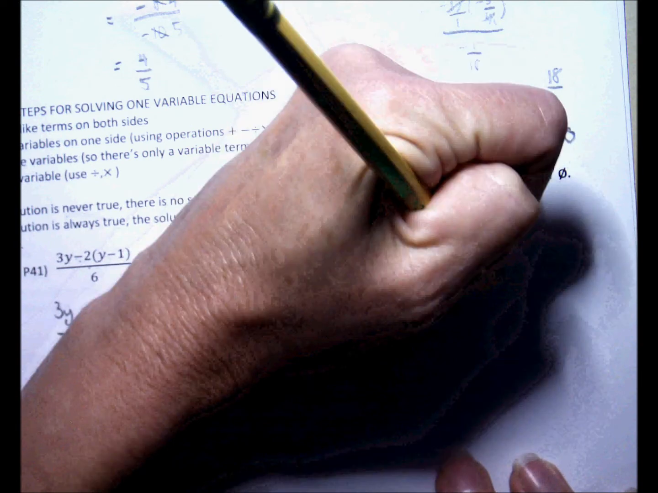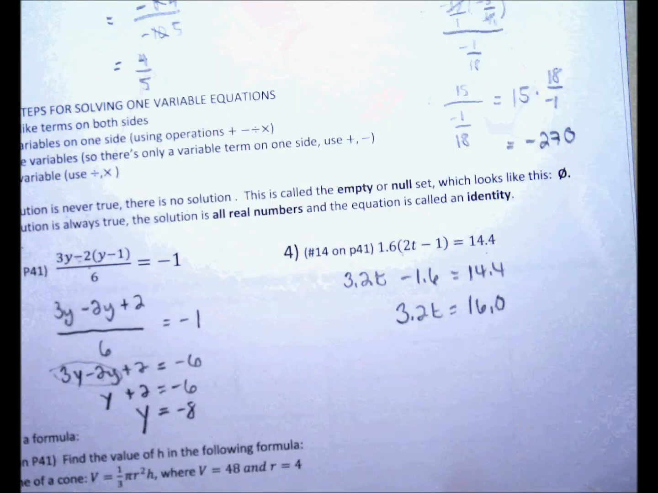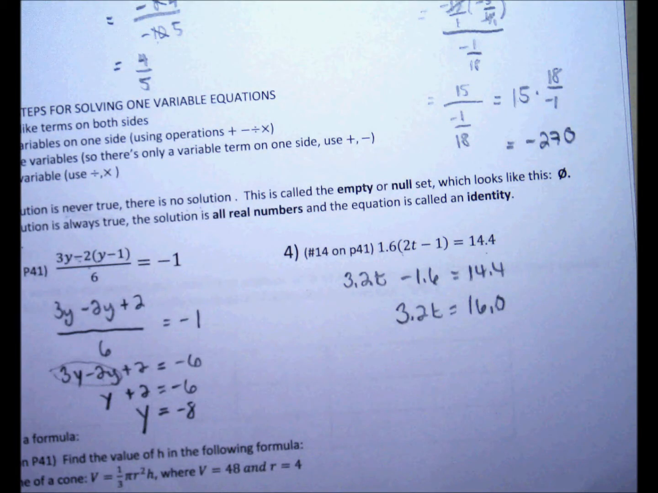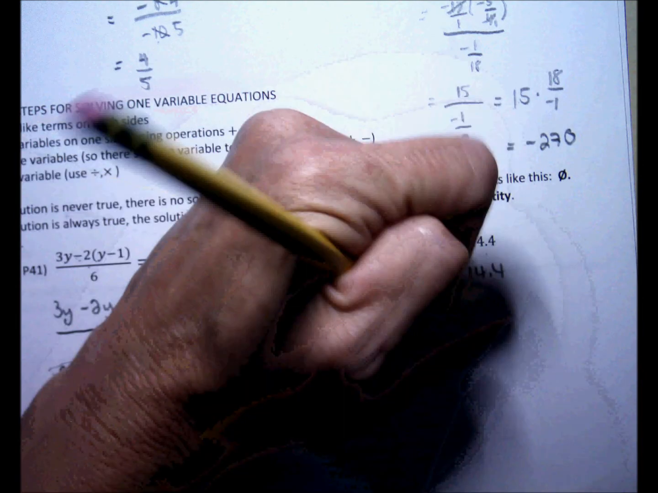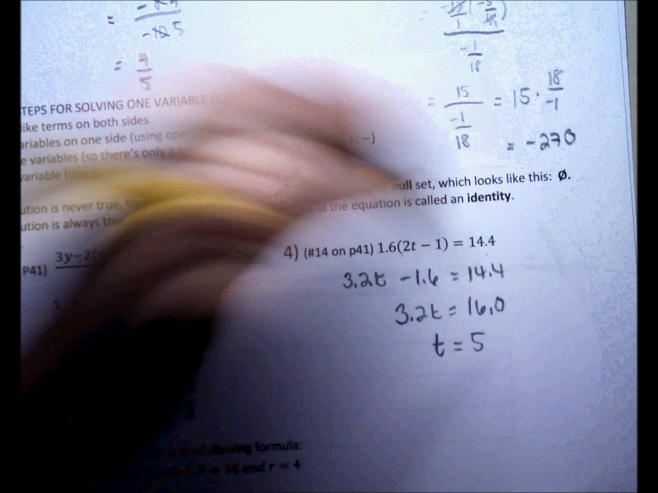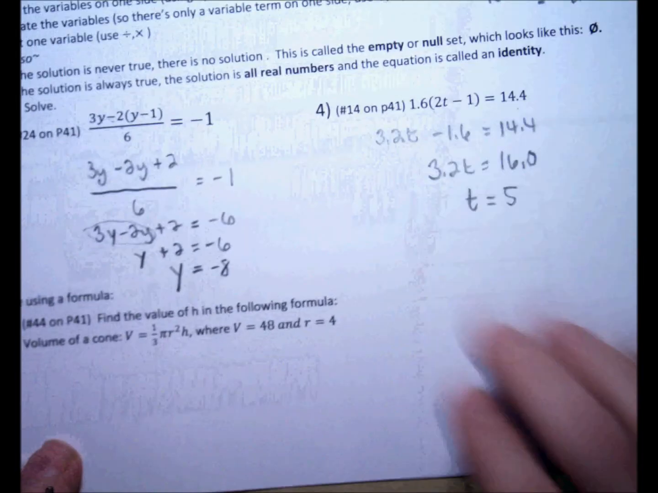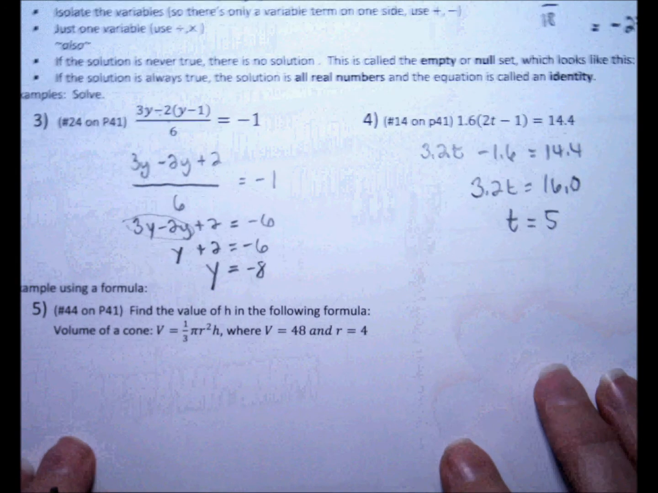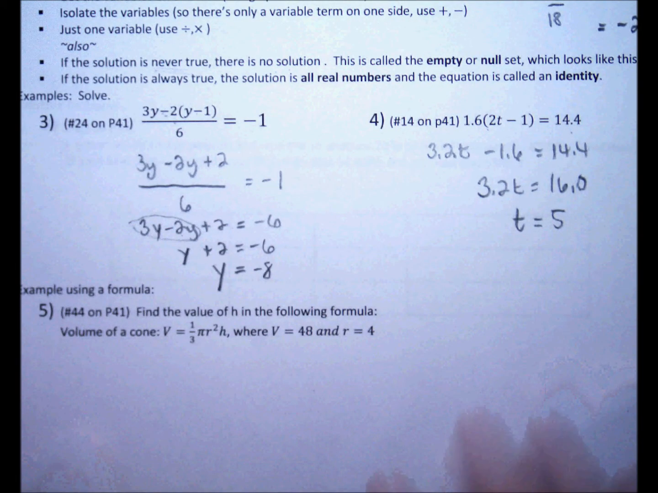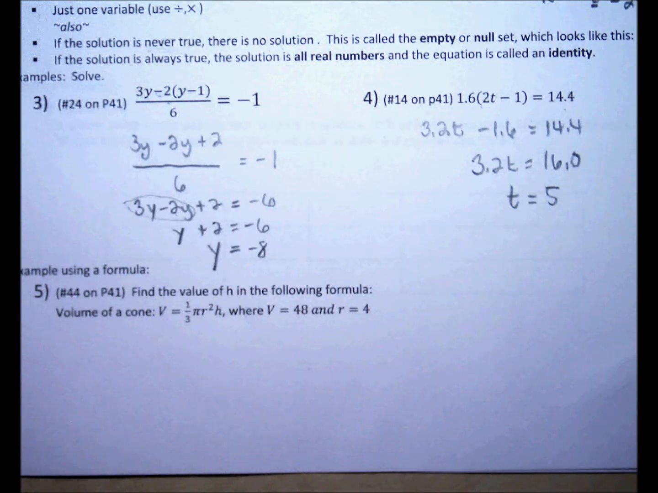Okay, now I'm going to isolate my variable. I want the variable term all by itself, so I'm going to add 1.6 to both sides. 3.2t equals 16. Okay, how many times does 3.2 go into 16? You can do the long division with the decimal, but I think if you guess and check, you can realize that 5 times 3 is 15 and 5 times 0.2 is 1, and those add to 16, so